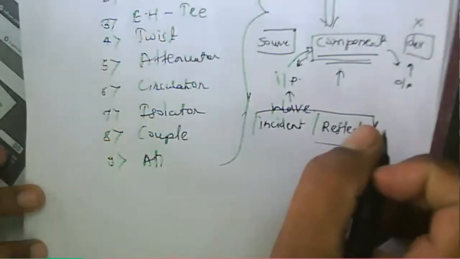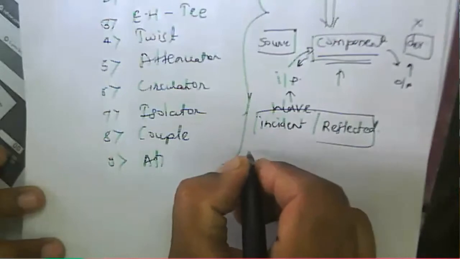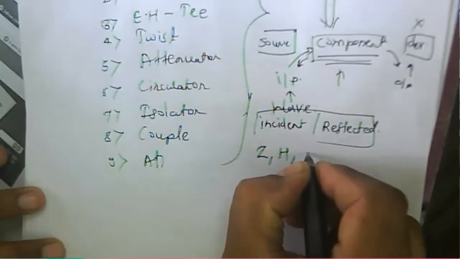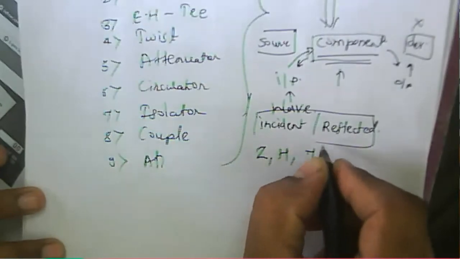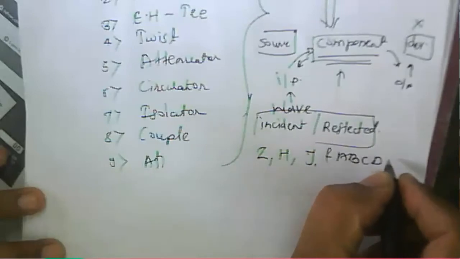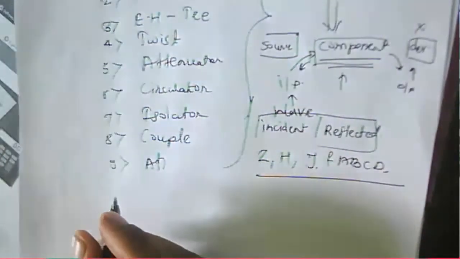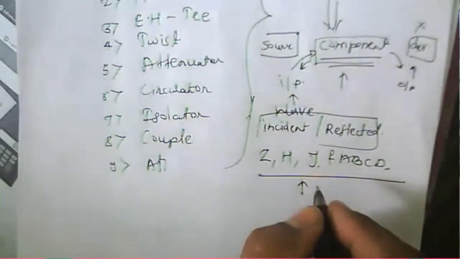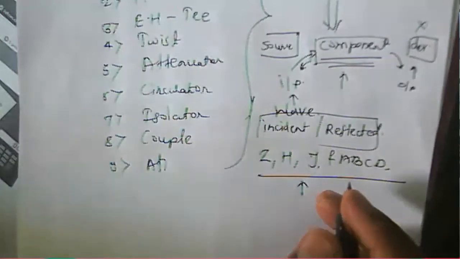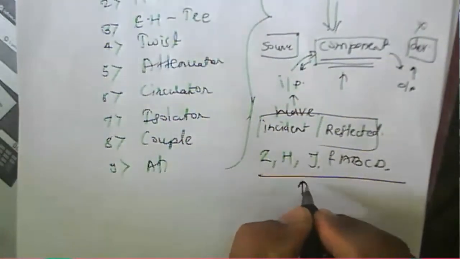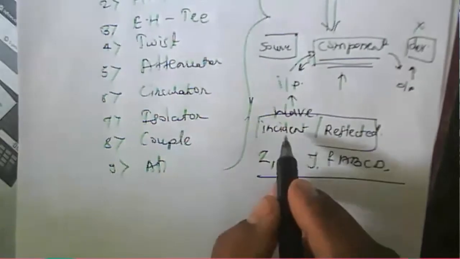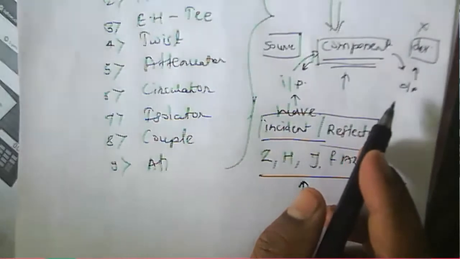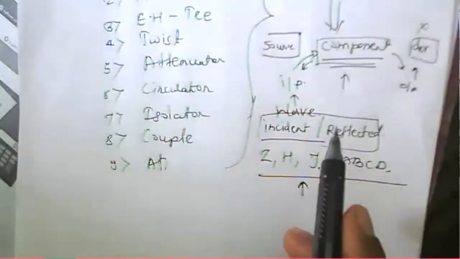So generally, in circuit theory, you have learned Z parameter, H parameter, Y parameter, and ABCD parameter. So a lot of parameters you have learned, but in the case of microwave frequencies, these parameters cannot be used, and we could not say the behavior of our particular component. But if we study the behavior of the incident wave and reflected wave at the given particular component, we are able to say about the behavior.